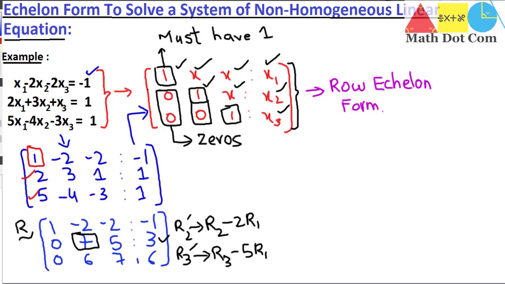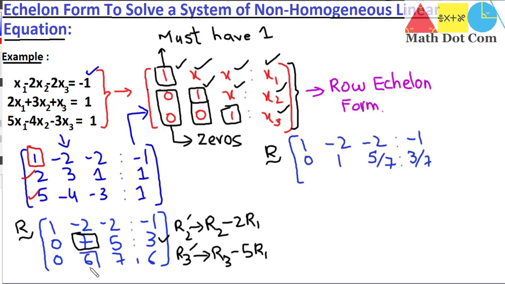So let's apply again a row operation here as 1 minus 2. The first row will remain as it is, as we need not apply any operation on it. Then the last row will also remain the same. Then we have to make this 7 as 1. For that purpose, we have to divide this row by 7. So it will be 0, 1, 5 by 7 and 3 by 7. And what next is, we have to make this element as 0.